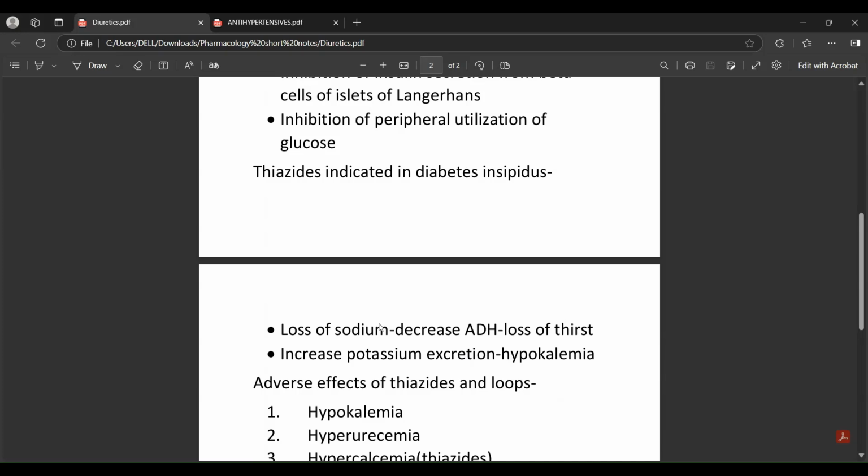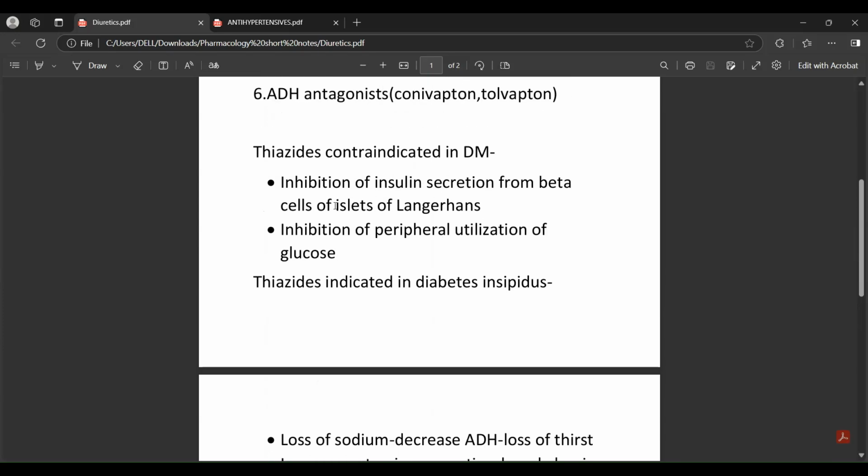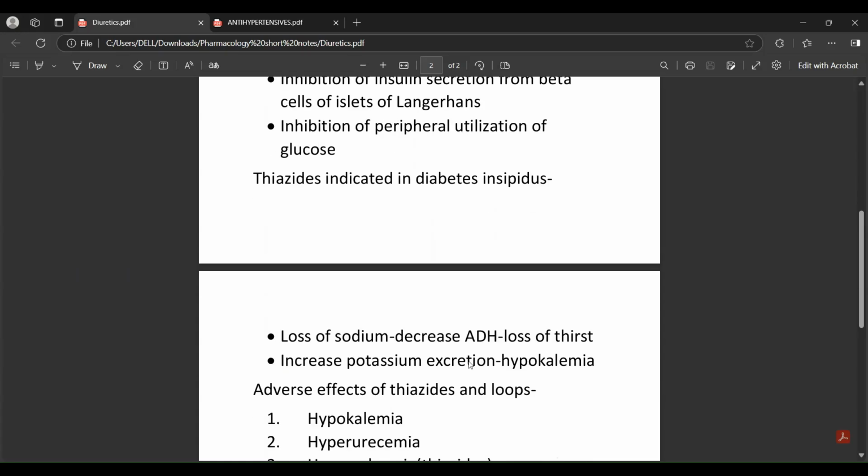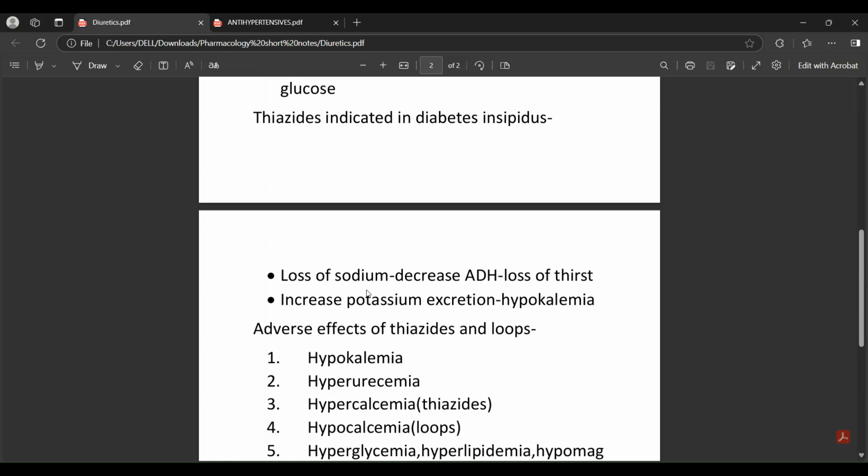Two main reasons. And thiazides are indicated in diabetes insipidus. Diabetes insipidus is a special condition. This is not related to insulin or glucose. This is mainly due to increased ADH, antidiuretic hormone, and they are indicated in diabetes insipidus. This has nothing to do with glucose. So why are they indicated? Because of the loss of sodium